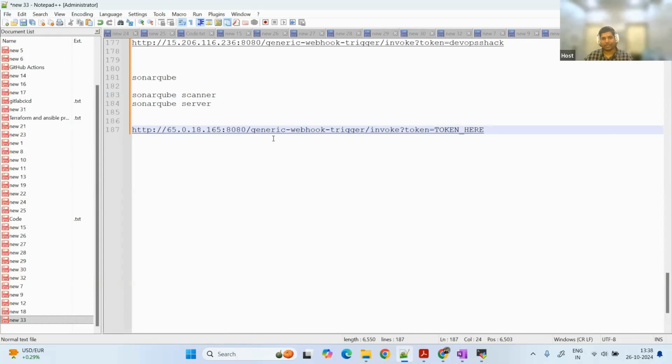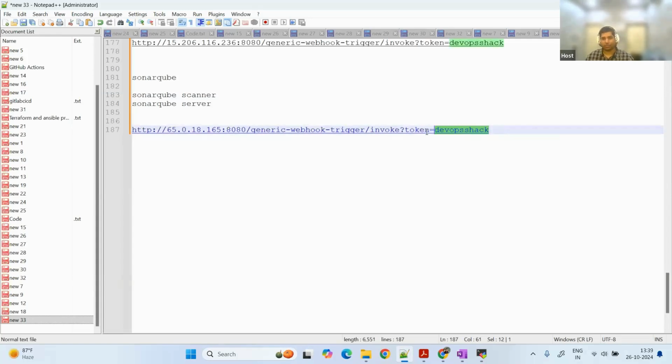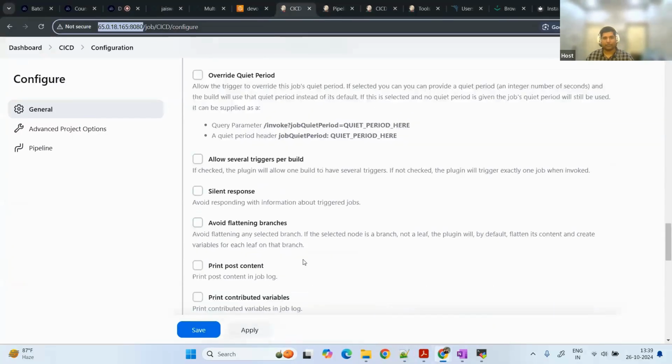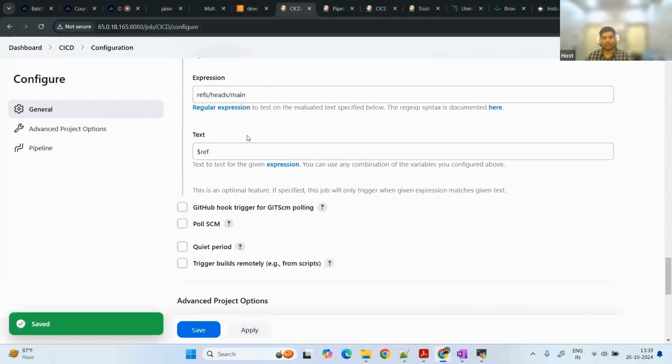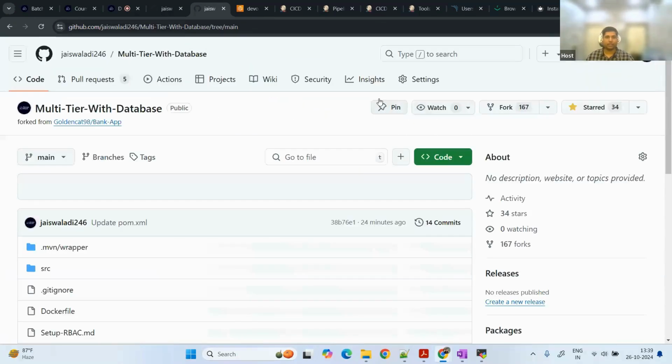Again, make sure to remove the extra slash, then generic webhook trigger, invoke, then token. The token that we have set up is DevOps Shack. You can put anything you want. Okay, DevOps Shack, I'll just copy this. And here we can first save the changes, go to pipeline, go to repository, then go to